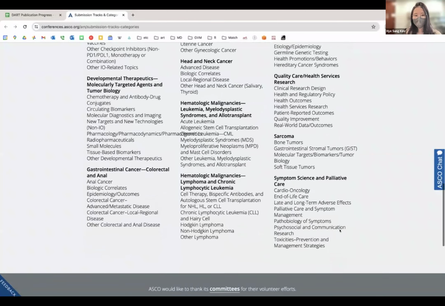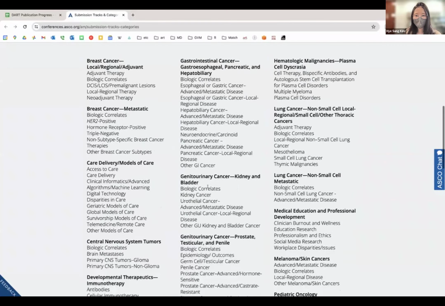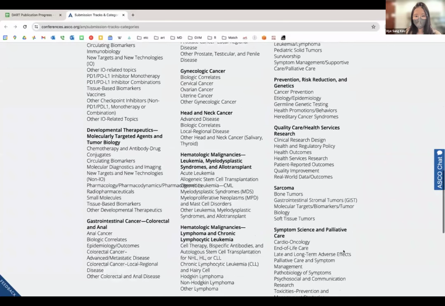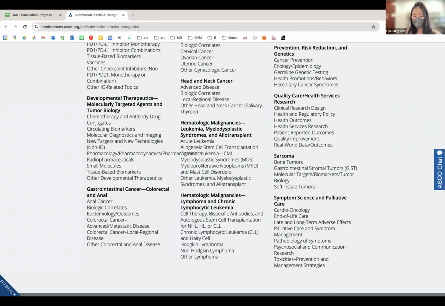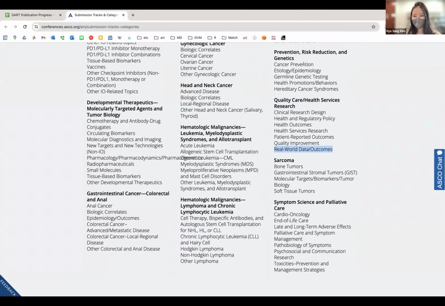Haesung, did you decide on the section? The ASCO submission section? Oh, there's a subcategory. I was actually going to ask you, because that's important. Here, let me show. These are other categories, mostly cancers. For the graft rejection PTM paper, I was thinking this and then real world data. I was debating between epidemiology and cancer prevention.